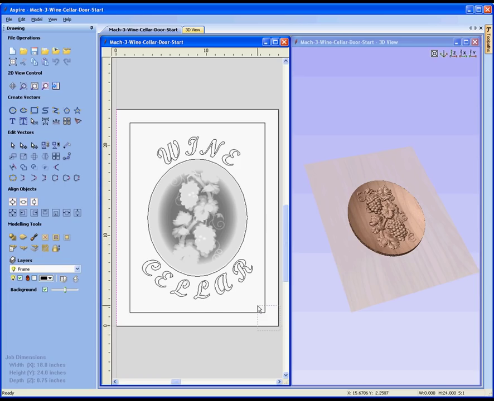And one nice trick in Aspire is if I select vectors by clicking to the bottom right and dragging up towards the left as I am doing here, it'll actually pick them even if they're only partially covered. And so I can go ahead and select those and hit delete. That leaves me with these up here. Remember, if I select this way, it doesn't pick them, because when I select left down towards right,